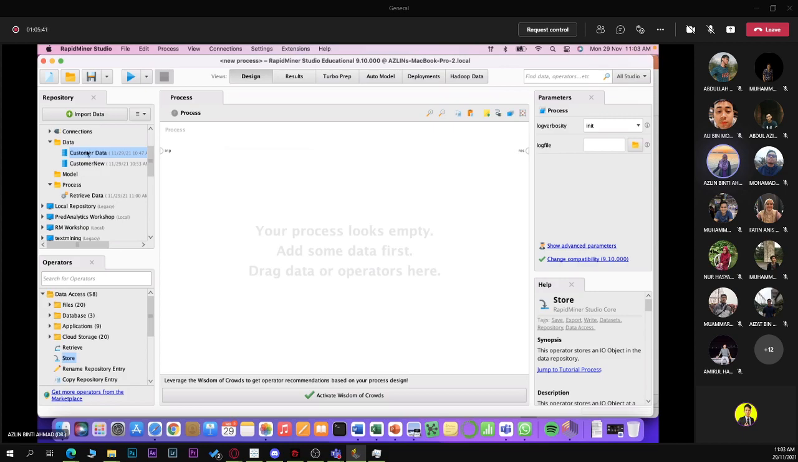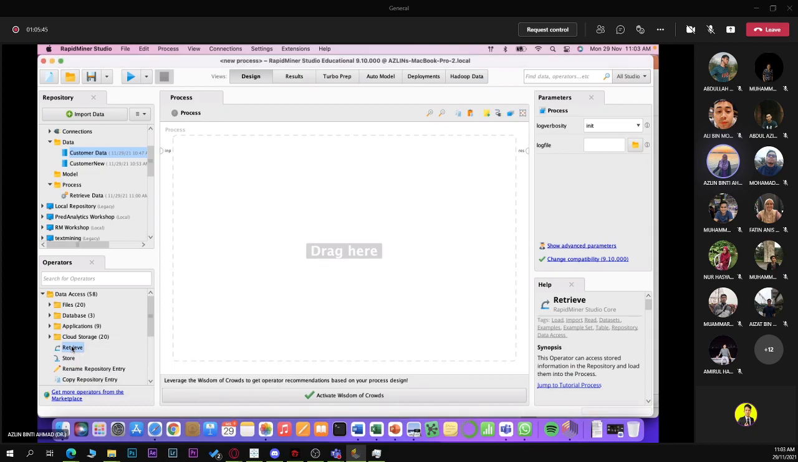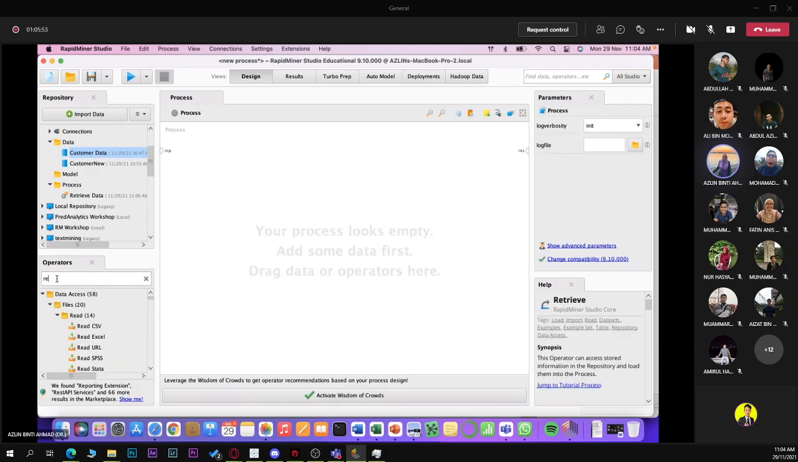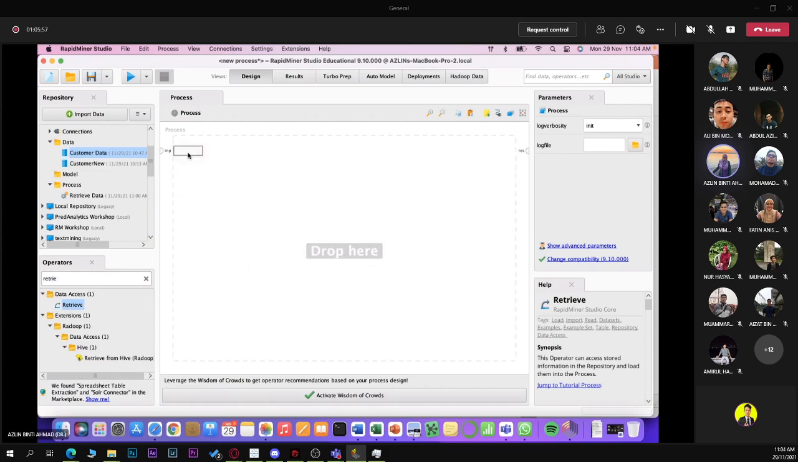So to get this data, you need to use operator retrieve. Okay, kalau kata you nak buka satu-satu rasa macam susah, tak apa. You boleh type retrieve kat situ. So dia akan appear retrieve operators dekat you. So you just drag ataupun you double click je, dia akan masuk terus. Okay, for parameters,